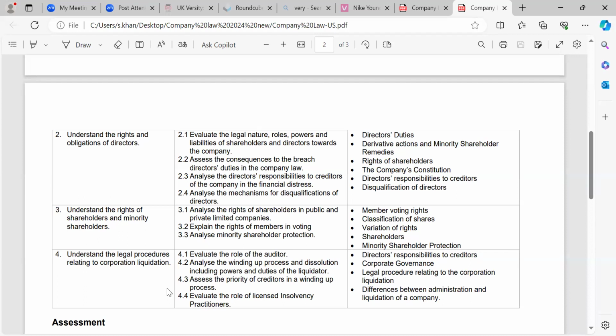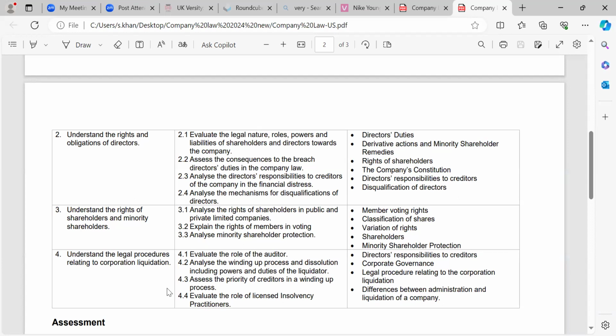We also looked at the distribution of funds. So once the company assets have been realized and its liabilities settled, the liquidator distributes the remaining funds to creditors and shareholders in accordance with their entitlements. We then went to look at the finalization and dissolution. So after all assets have been realized, liabilities settled and distributions made, the liquidator prepares final accounts and reports detailing